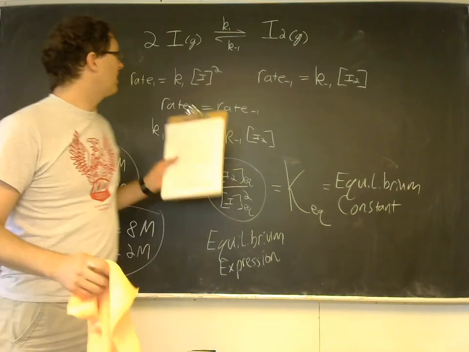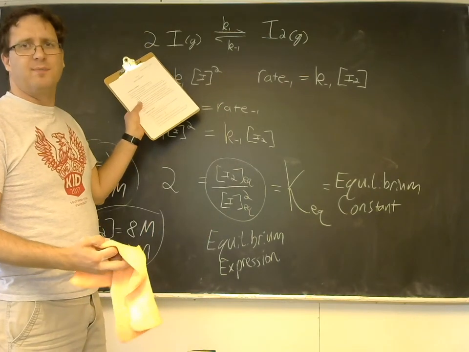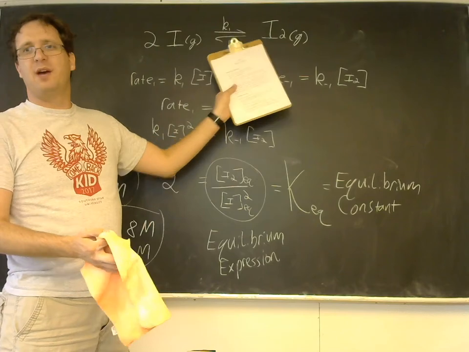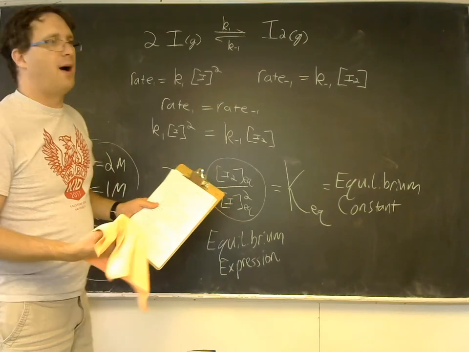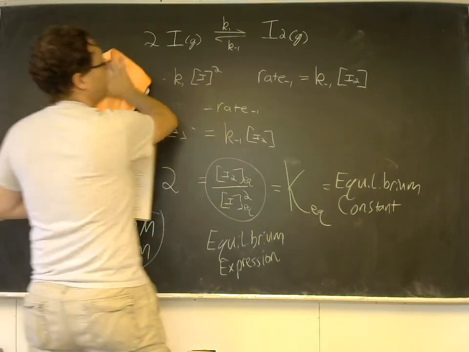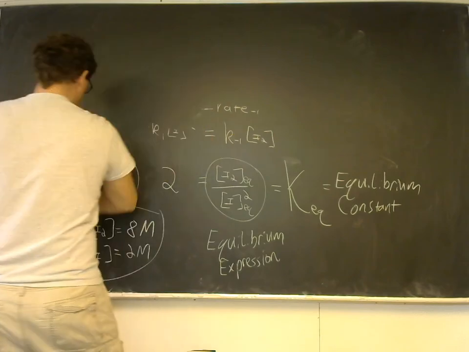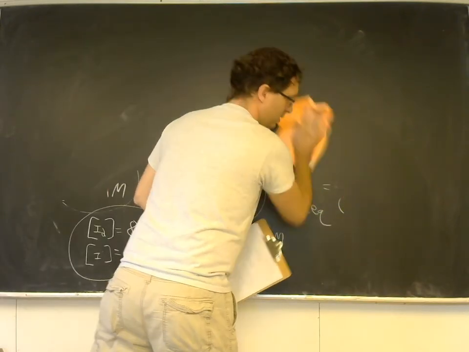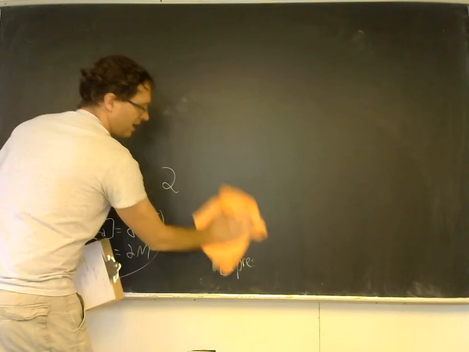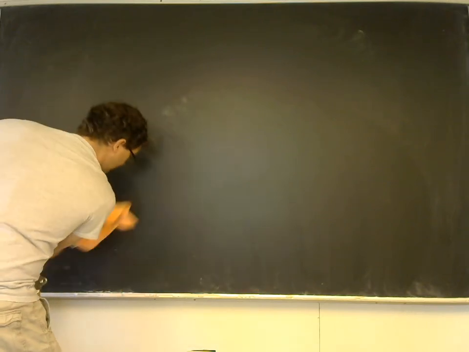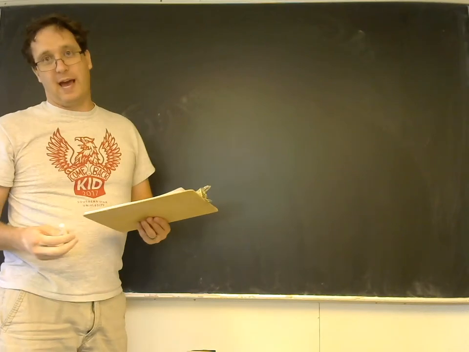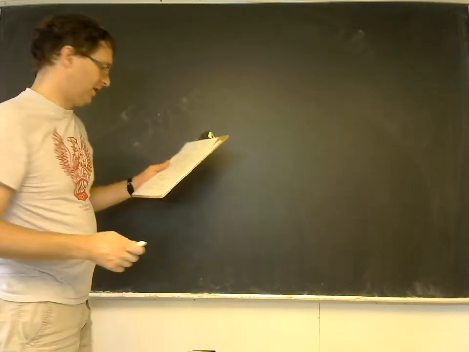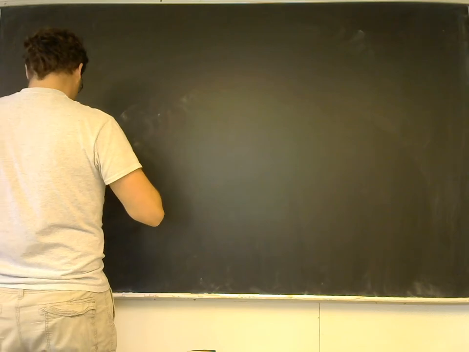In order to make this argument, I had to state that this is a single-step reaction mechanism, and we had to look at the individual forward and reverse rates, and that makes this maybe not a very generalizable approach to all sorts of chemical equations that take more than one step. Now, I won't show the proof of it, but we can actually extend that same idea to any reaction, whether it's single step or multi-step or anything else. And so, in general,